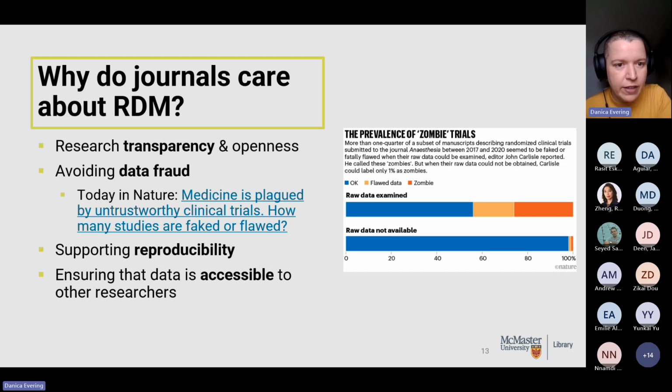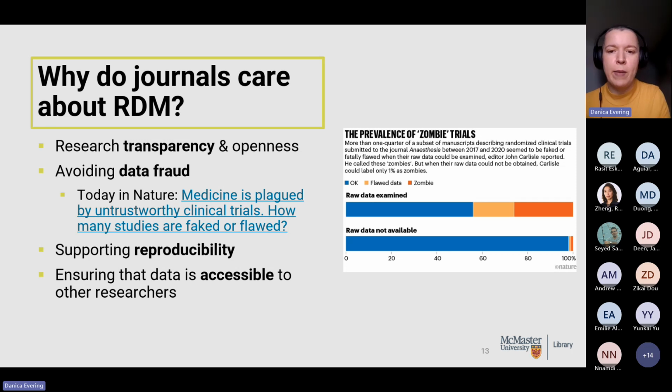We've shared this: medicine is plagued by untrustworthy clinical trials. How many studies are faked or flawed? This was research done by a researcher named Carlisle. For more than 150 clinical trials, he got access to the data, and he judged that 44% of the trials contained at least some flawed data, impossible statistics, incorrect calculations, or duplicated numbers and figures.